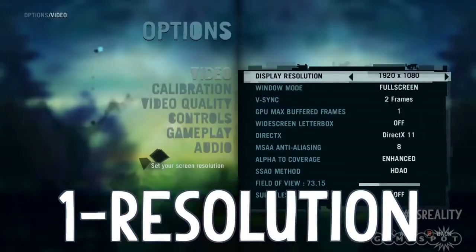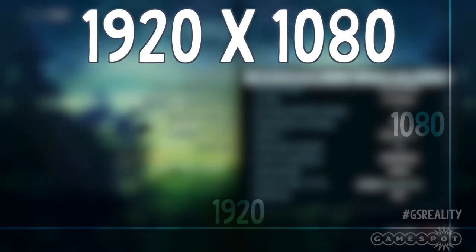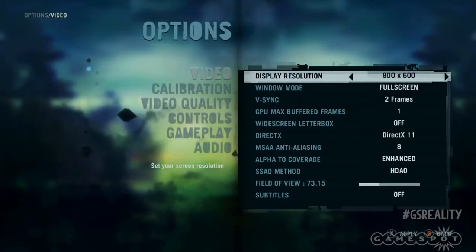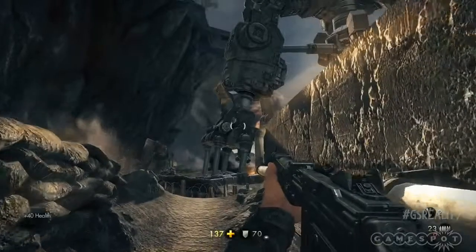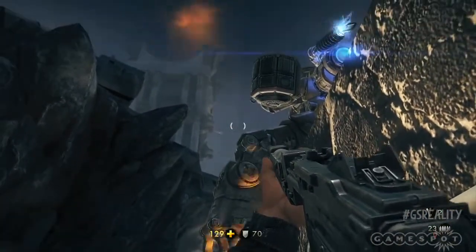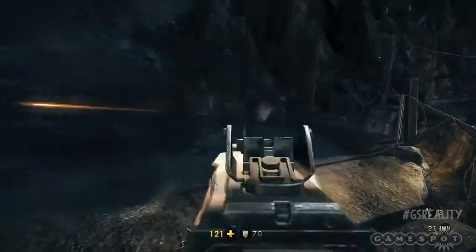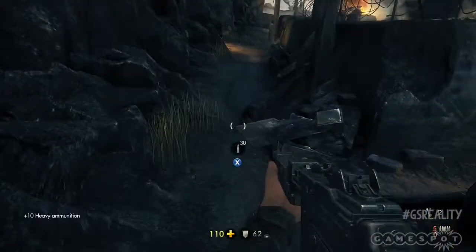Okay, let's start with the easy one, resolution. This is simply a measure of the number of horizontal pixels by the number of vertical pixels being output by the display. Unlike with console gaming, there are typically a bunch of different options available for PC at a load of weird and wonderful aspect ratios. So why does resolution matter? Well, ultimately, the higher resolution you display at, the more detail you get, and therefore the better the image. It also helps prevent unwanted graphical oddities like aliasing. And speaking of which,